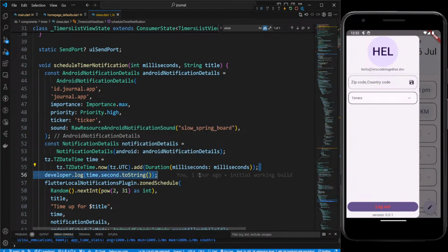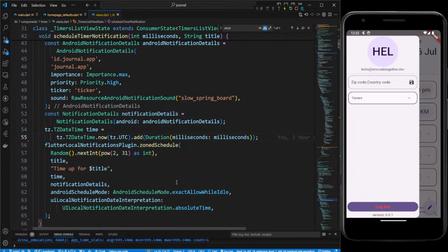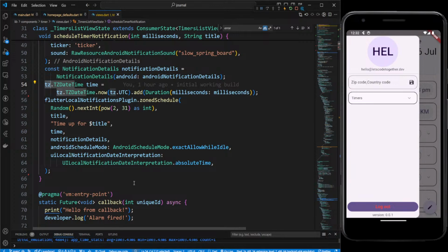Let's remove the logger as of now. And here this is where we schedule the time. So we need to put a title, and for now we are using just for time for this. Okay, this works for us. And this is the time zone package, because the Flutter notification is dependent on the time zone package, right? It's dependent. So yeah,